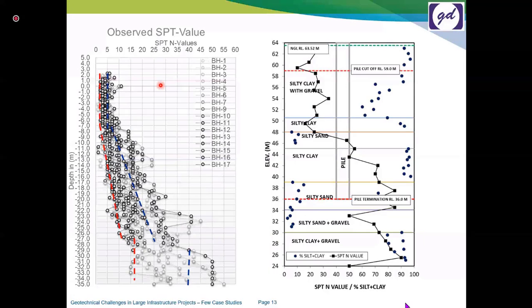And when you see an individual borehole or individual profile of SPT value, probably it would look like what is on the right of the screen, which has layers also. Let's say there are some silty clay and gravel layers, followed by silty sand, then silty clay, and then your SPT varies from almost 10, it rises up to, let's say, 80, 90. And then again it comes back to almost 50, and then it goes up to 100. So probably if you look at the individual log, your decision making is different. When you put them all together, your decision making is different.